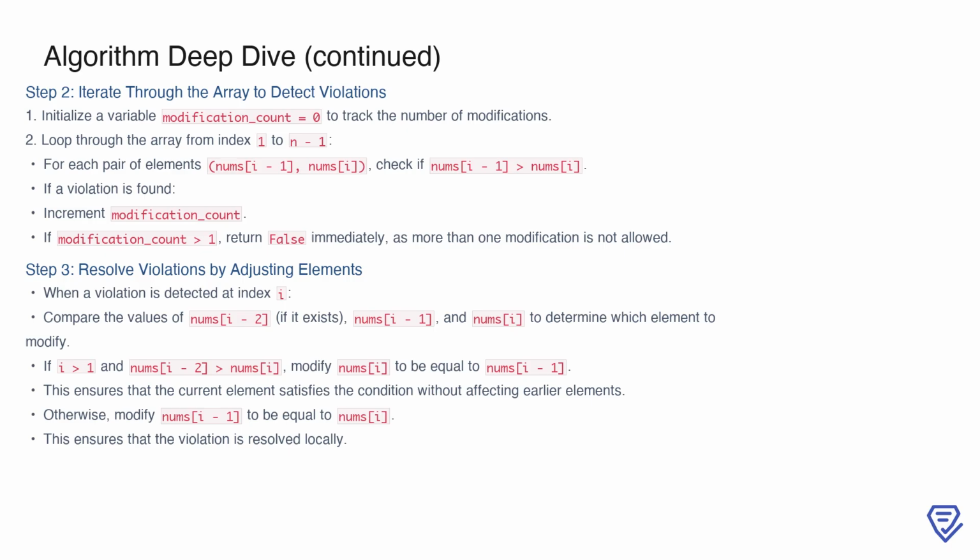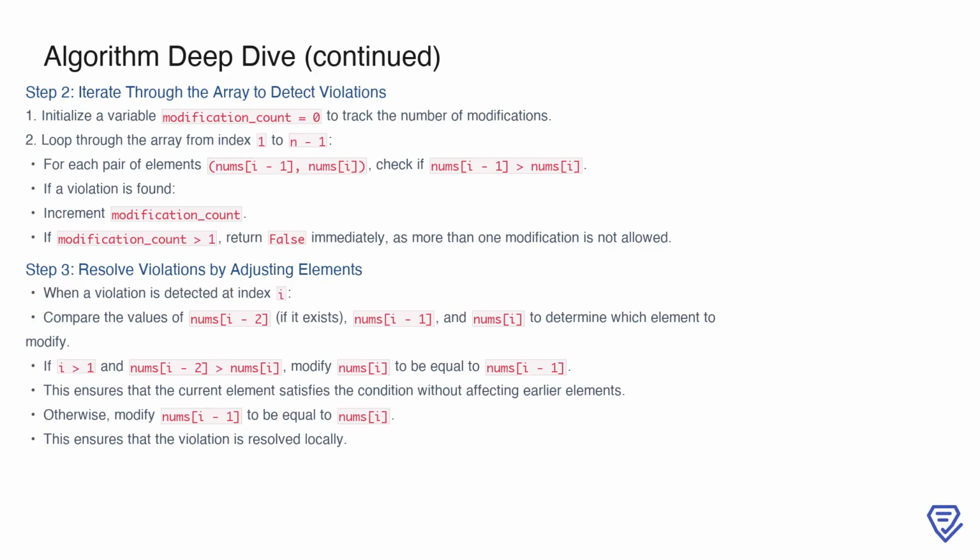To solve this, we start by iterating through the array to detect any violations of the non-decreasing condition. First, we initialize a variable called modification_count to 0. This will track how many modifications we make. As we loop through the array, we compare each pair of adjacent elements. If we find that the earlier element is greater than the later one, we have identified a violation. When this happens, we increment modification_count. If at any point this count exceeds 1, we immediately return false, because the problem constraints do not allow more